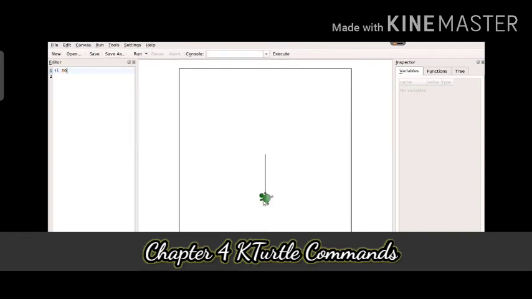So like this, see, it is not totally in the left direction, only 60 degrees it has moved. If I had pressed 90, then it would be totally left. And then I want this turtle to move in forward direction 100 steps, and then I will run. Like this, it has moved in a forward direction 100 steps. Got it, all of you?